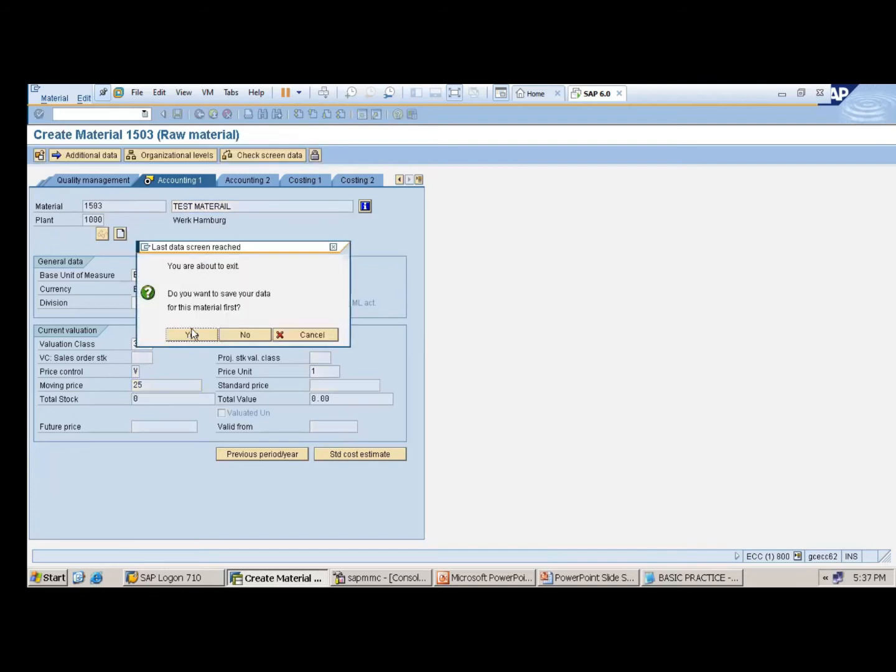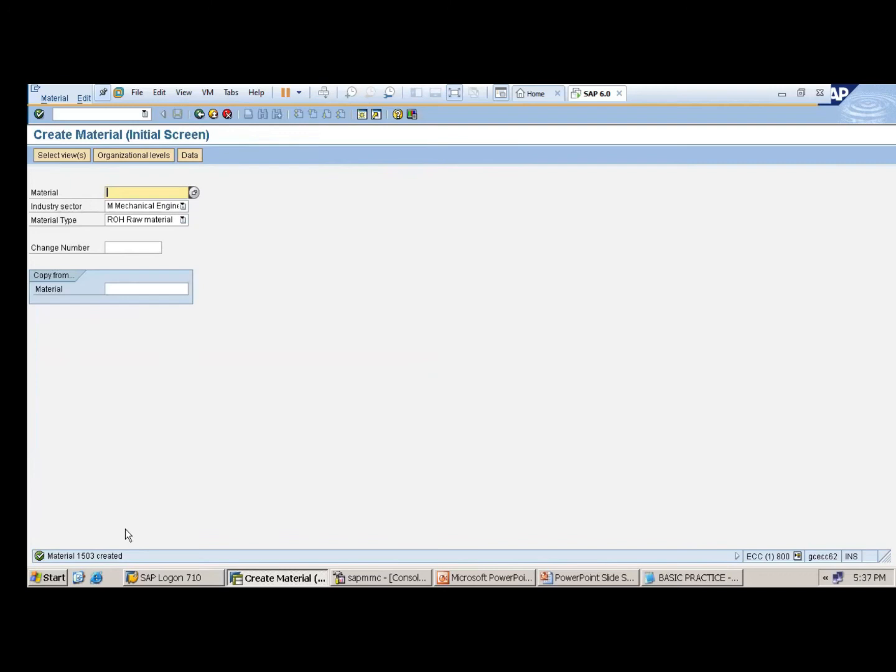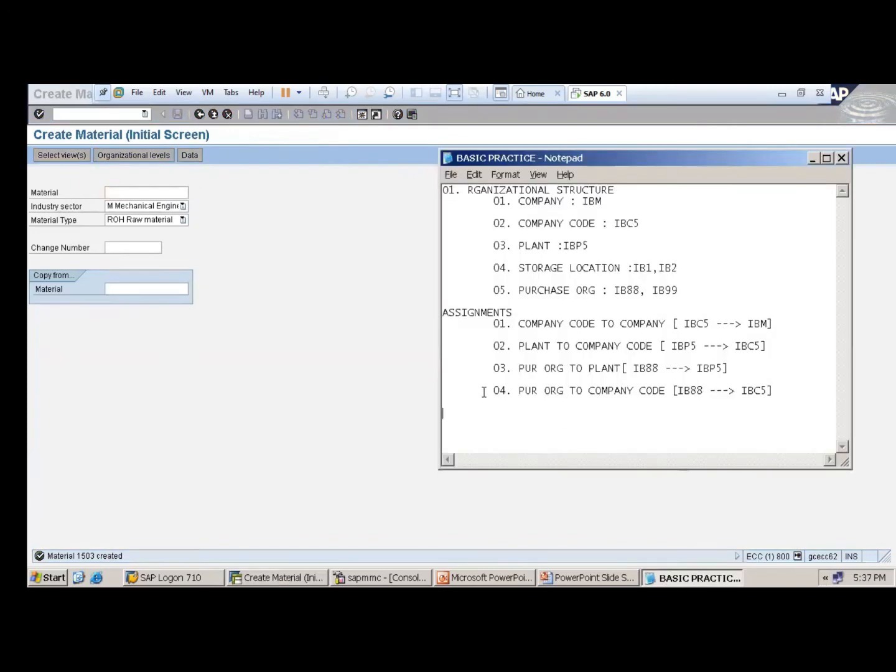Press enter. Enter and save it. 1503 is created. So material 1503 is created now.